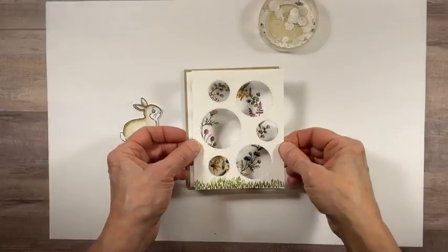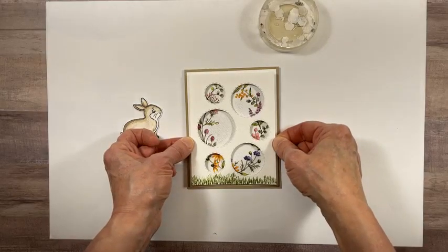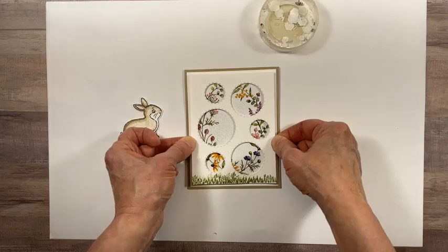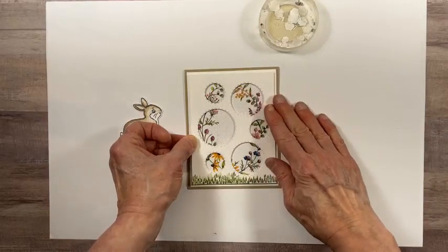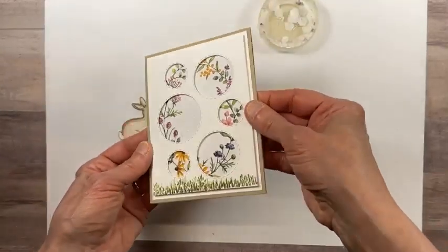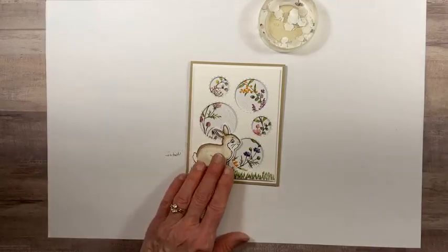Okay, let's go ahead and put that on. It's always a little bit hard to see straight on camera. Okay, I think we got that. There we go. Pretty. All right, now we're going to attach our little bunny,